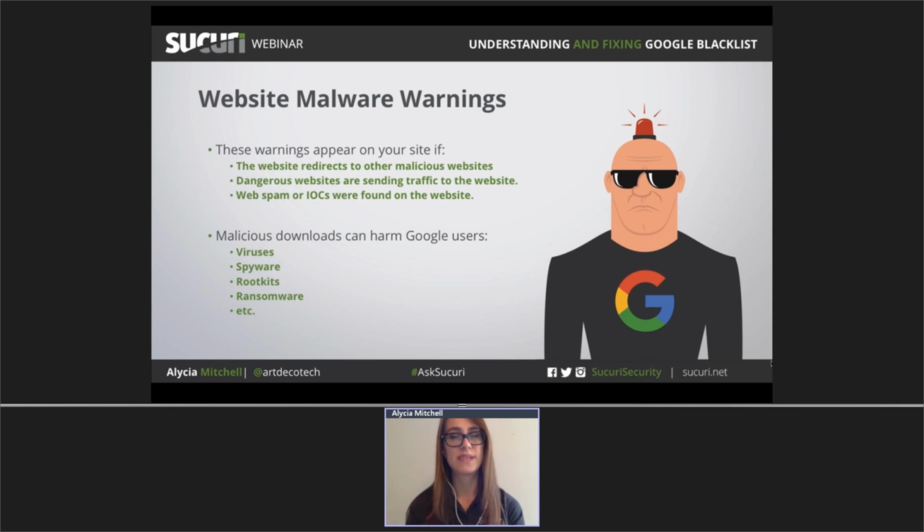Now, the reason that Google does this is because it wants to protect its users. If Google users are using search, clicking links in Google search, and then going to a website where their computers are getting hacked or personal information is getting stolen, people might start to think that Google's not the best search engine to use. So Google definitely doesn't want its users to be infected with viruses and rootkits and ransomware and that kind of thing. So it has a vested interest in making sure, and it's the same with many other